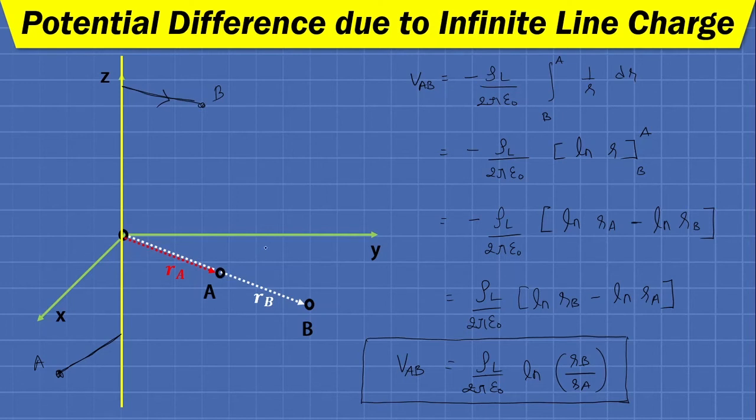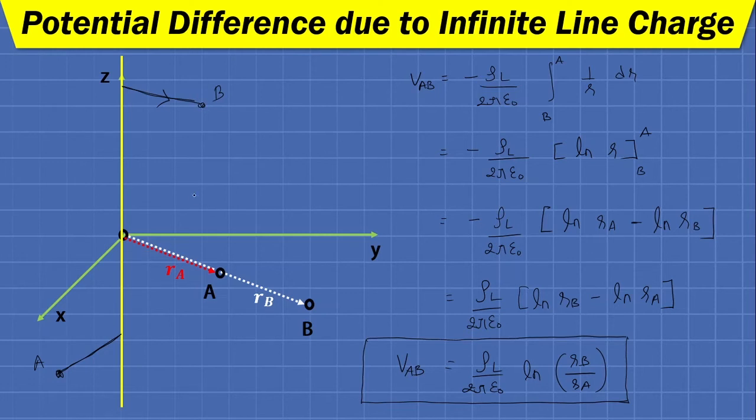But for any particular case, every time it is not necessary that both the points are in the same plane. As you can see in the second case that we have discussed, point A and B. Point B is in the upper space from the xy plane. Point A is in the lower space of the xy plane. Again, point B is going inside the plane. Point A is coming outside the plane.